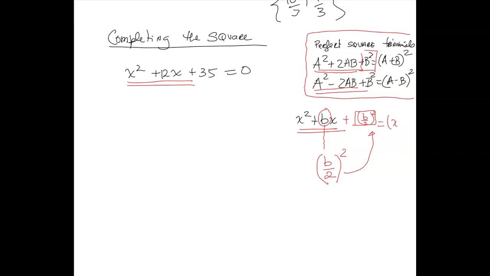And then because it's a plus here, it's going to be plus. And then here, all you have to do is put that b over 2 here. That's going to be your second term of your binomial. So it's going to be b over 2 and then square. And that's it. That's all you have to do to complete the square, or at least put it in this